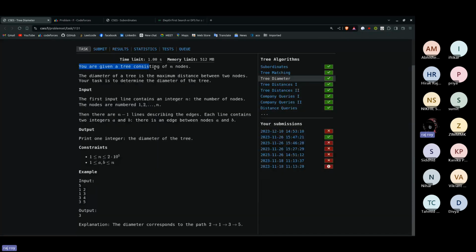a CSES question out there. So you'll be given a tree with n nodes, and when they say there are n nodes, there will be exactly n minus 1 edges. So if you see the example test case here, they have 5 nodes, and there will be 4 lines of input, right? 1 is connected to 2 as well as 2 is connected to 1. They are bidirectional. And then 1 is connected to 3, and then 3 is connected to 4, and then 3 is connected to 5. If I draw this,